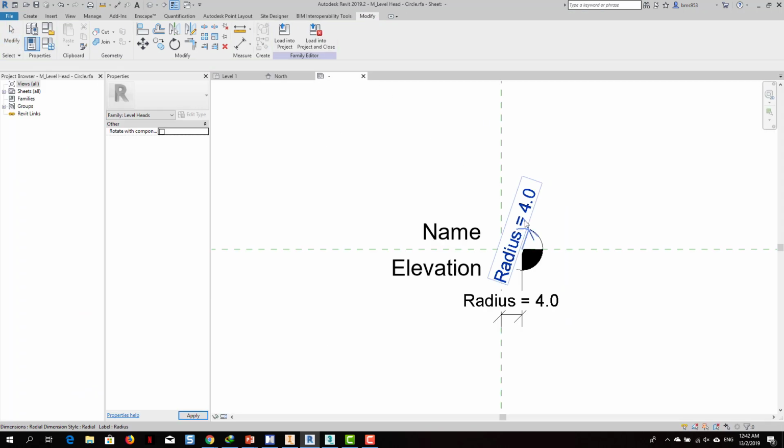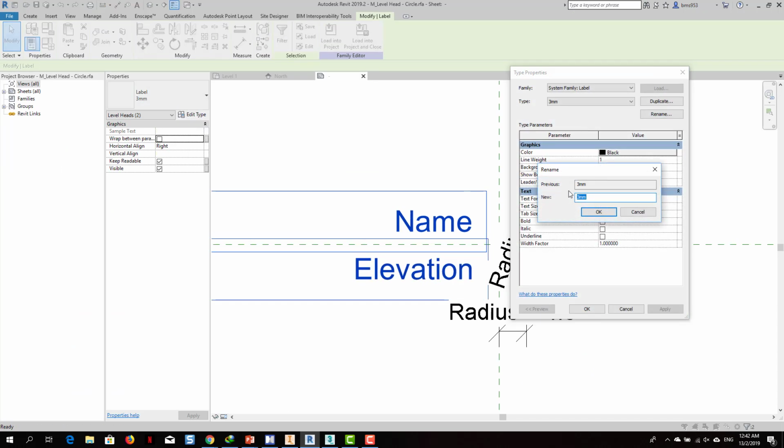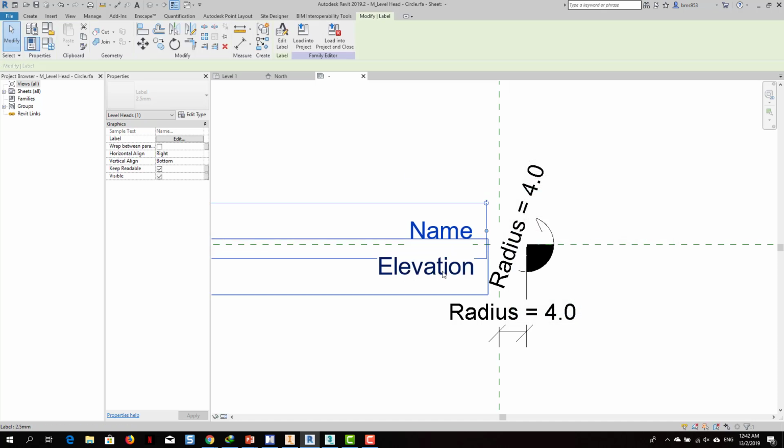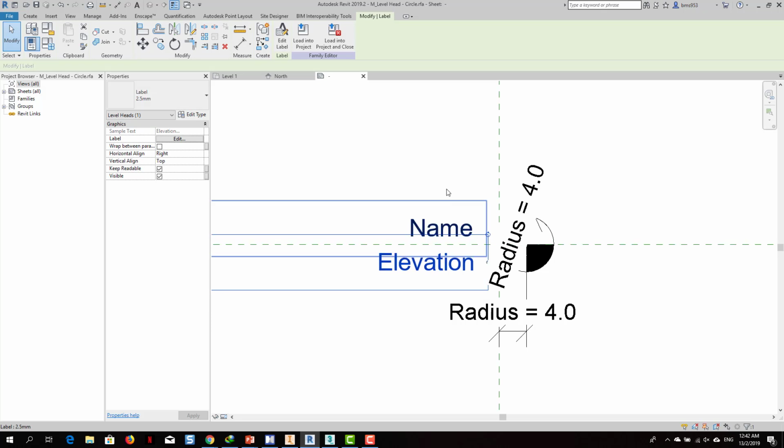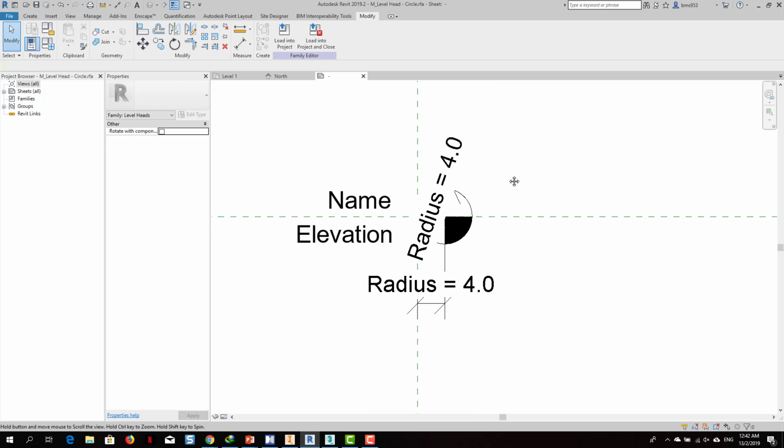Then let's see how we can solve this issue. At first, I will change this text size to around 2.5, which could be okay for this case, and I will try to make it closer together. Next is about this